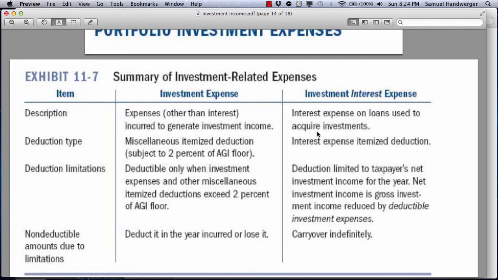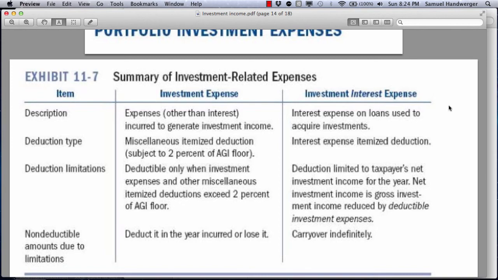The final column refers to investment interest expense. When you invest and you borrow to make the investment, then your interest expense on those loans will be limited to the investment income for the year, what we call the net investment income. The net investment income is the amount of earnings on the portfolio investments, so it's not earned income, reduced by the deductible investment expenses, which leads to a very interesting concept